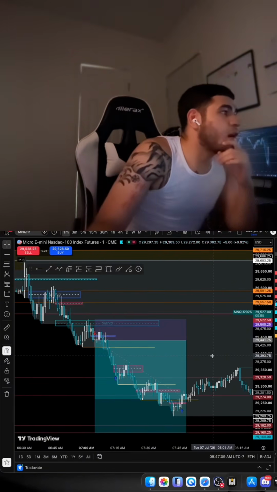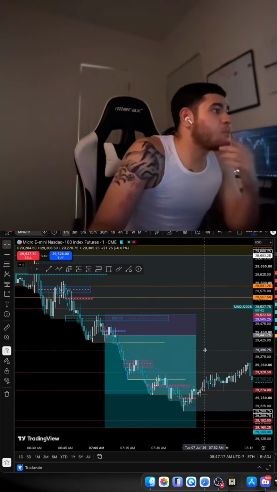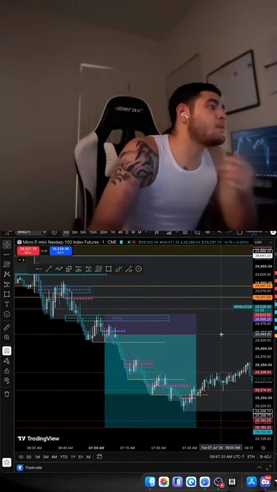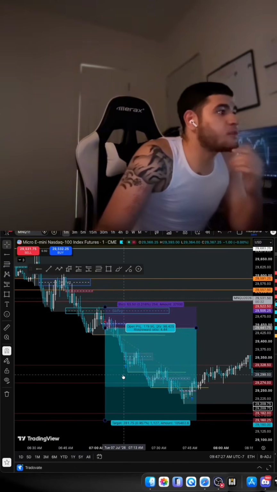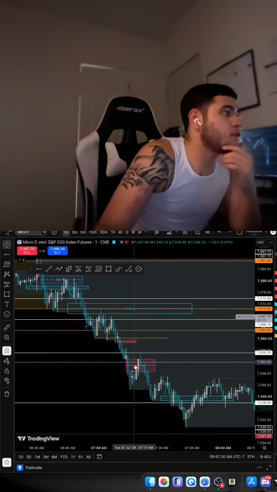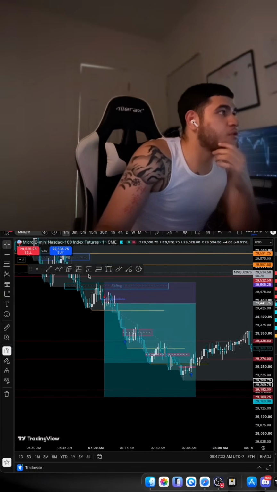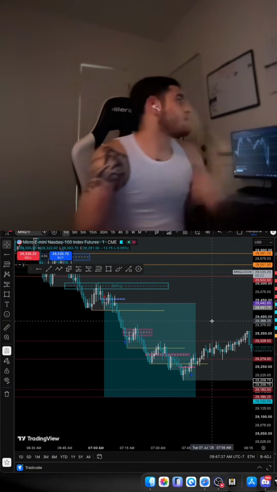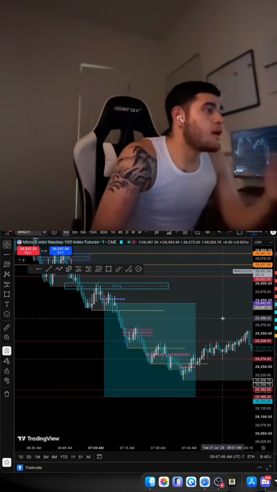So you guys can see that after we respect this 5-minute fair value gap, we had a break of structure to the downside on the 1-minute time frame, giving me more confirmation for this trade. And when I took out my first partials is when ES hit these lows down here. So I took out my first partials, I moved my stop loss to break even, and I had taken out like $600 and some, and it was already a risk-free trade.